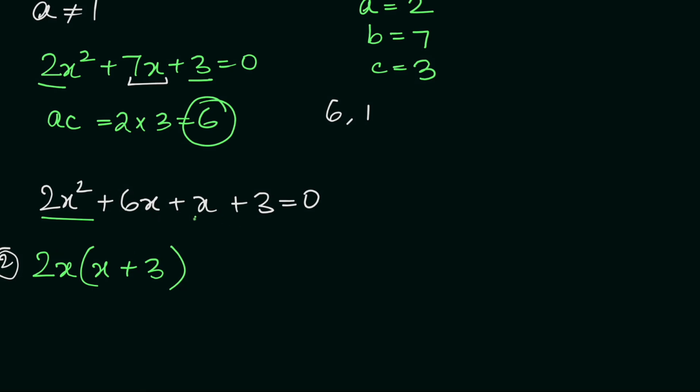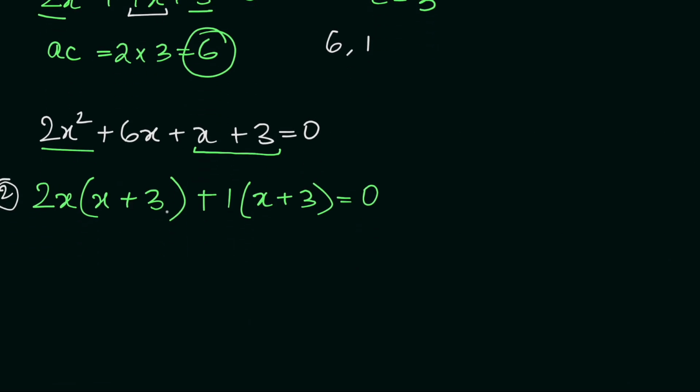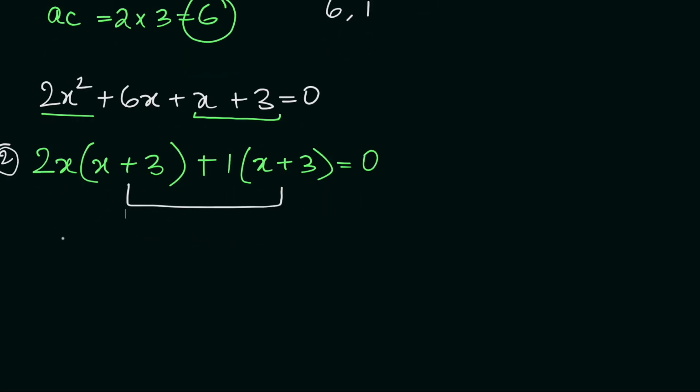Now, we don't really have anything to take common. So the only thing that we do here is take out 1 as our common integer. So we're left with x plus 3 inside. If you remember from our first method, we want these two brackets to be exactly the same. And now, we make two brackets. First is 2x plus 1, the one that we're left outside, and the other is x plus 3, which is being repeated in both of our scenarios.